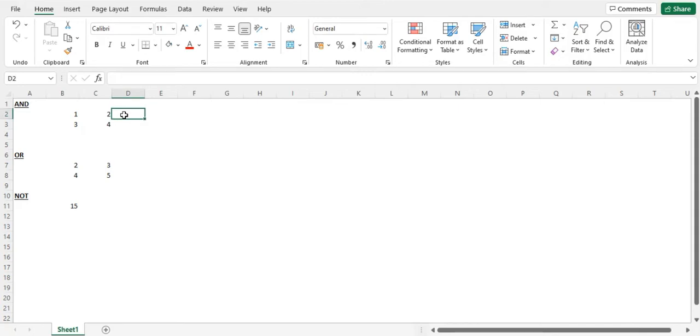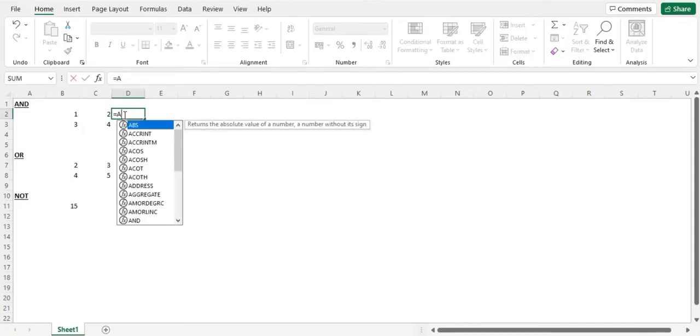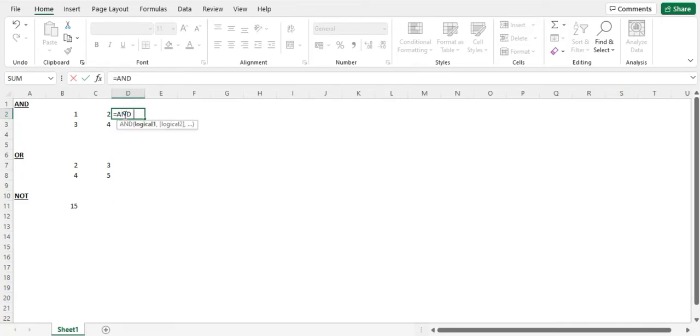Looking at numbers 1 and 2 on row 2, we are going to enter equals and the word AND in cell D2, open bracket and link to cell B2 by tapping it or typing B2 into the formula bar. Then we're going to say less than 2, comma, which represents AND. We're going to now link to cell C2 and we're going to say less than 3